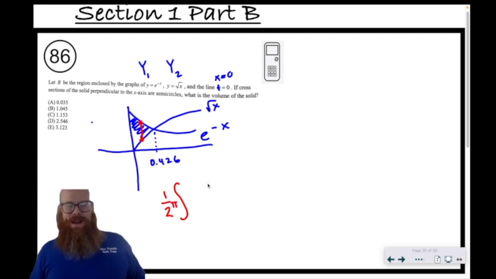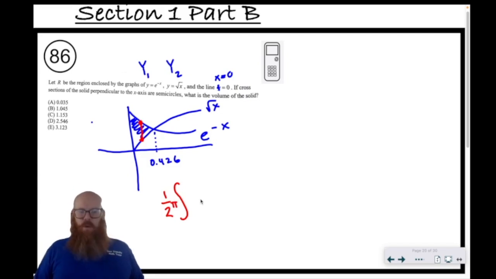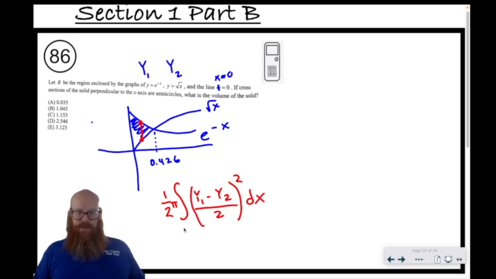And now I'm going to put the radius squared in here. Well, the diameter is the top function minus the bottom function. So it's actually y1 minus y2 over 2. This y1 minus y2 is the diameter, and then I have to divide that by 2 to get the radius, and then I have to square it. And then I have my dx, and I'm integrating from 0 to